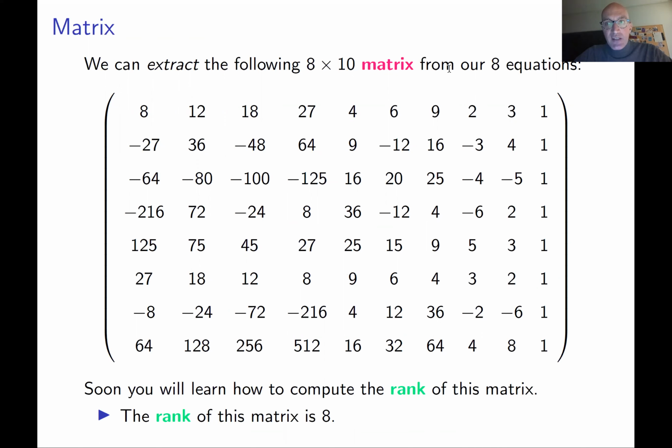Okay, every matrix has a number which is called a rank. There's such a number which you can define, and this is going to be one important part of this course. For every matrix, you can define its rank. There are many ways you can do it, and you will learn that all of these different ways give you the same number. All of these different definitions of rank are equivalent. You don't need to know what this number is now. This is actually not the goal of this lecture.